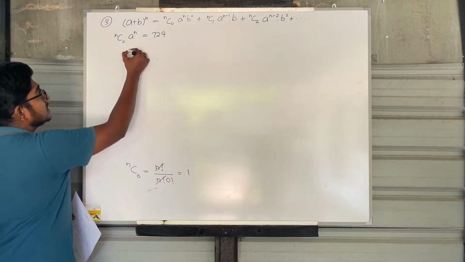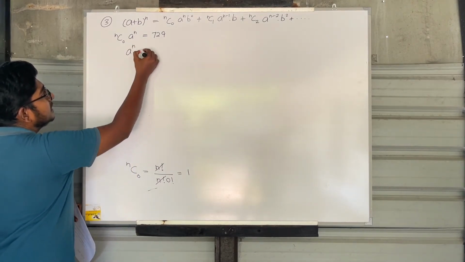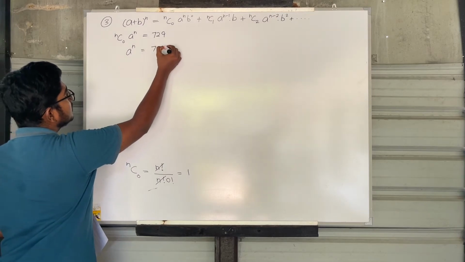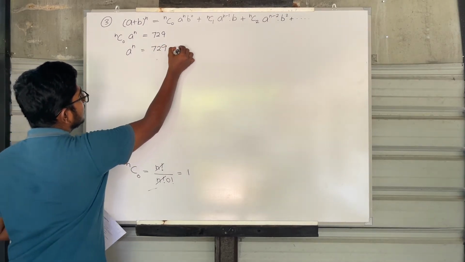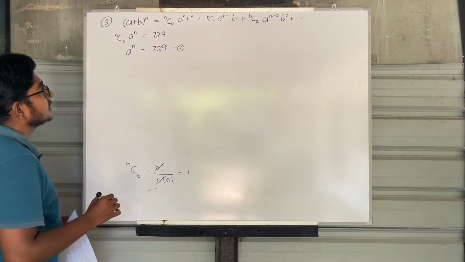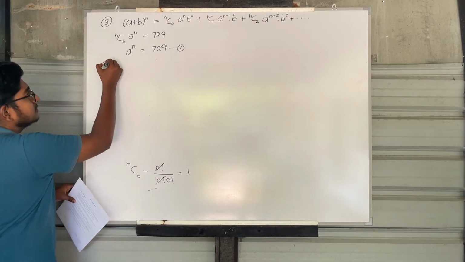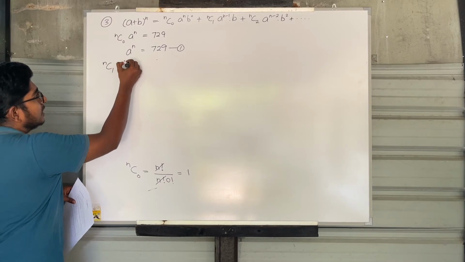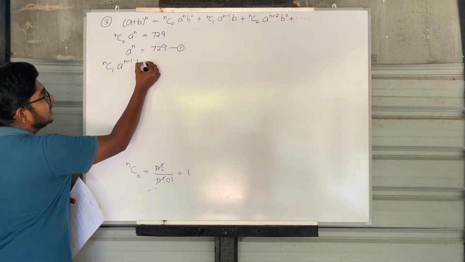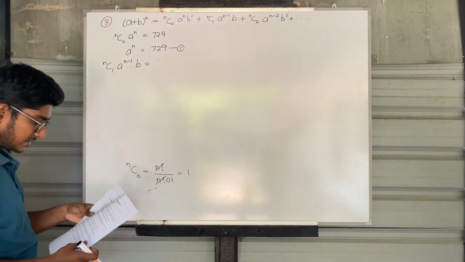So this is just a to the power n is equivalent to 729, first equation. Then second equation is second term, nc1 a to the power n minus 1 into b, that is given as